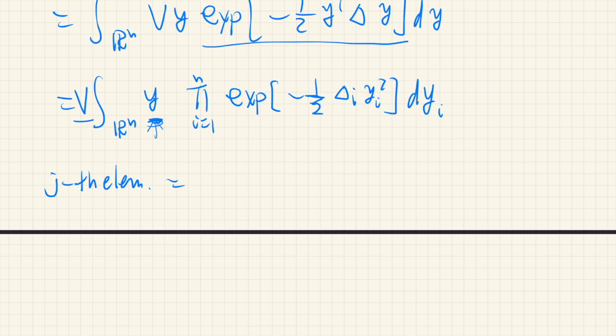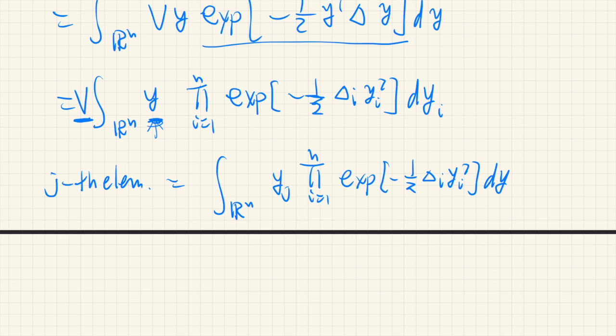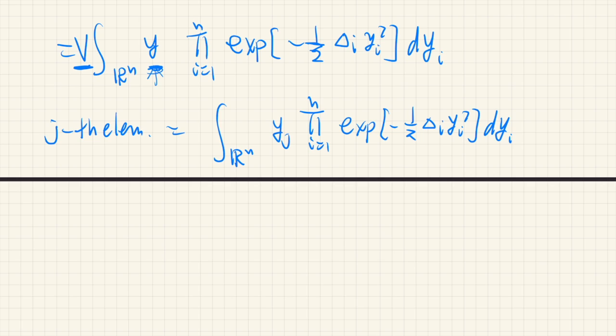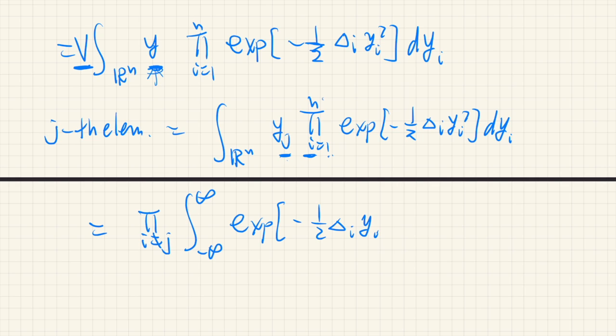So let's ignore this V for the moment, and just write the integral. This becomes y_j times the product of these exponentials dy_i. So we need to consider two cases where this i runs from 1 to n. One of these i's should be equal to this j, so let's consider that case separately. So we have i from 1 to n, except for j, we have just this exponential of